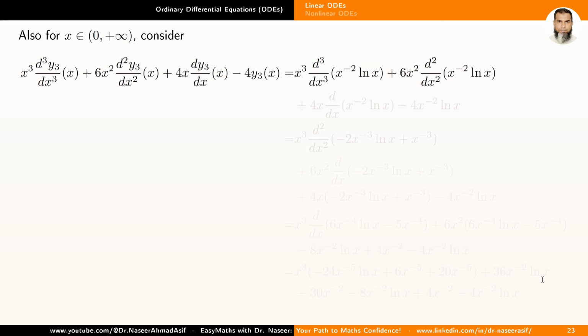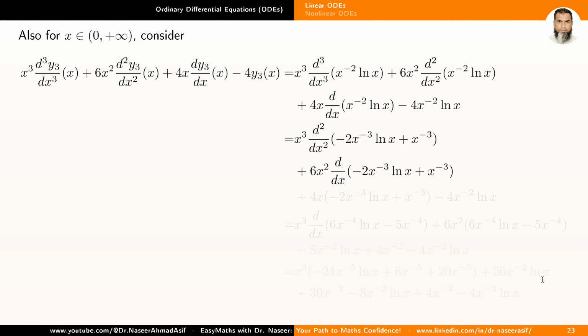x, which is equal to s cube d3 by ds cube of x epsilon minus 2 log of x plus 6s squared d2 by ds square of x epsilon minus 2 log of x plus 4s d by dx of x epsilon minus 2 log x minus 4x epsilon minus 2 log of x, which is equal to s cube d2 by ds square of minus 2x epsilon minus 3 log x plus x epsilon minus 3 plus 6x squared d by dx of minus 2x epsilon minus 3 log x plus x epsilon minus 3 plus 4x into minus 2x epsilon minus 3 log x plus x epsilon minus 3 minus 4x epsilon minus 2 log x, which is equal